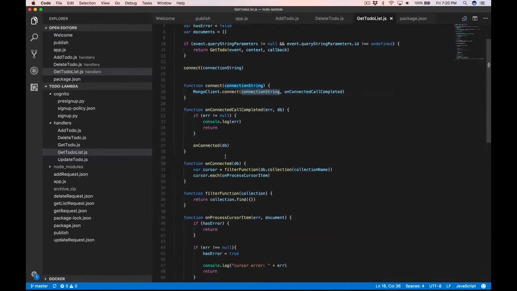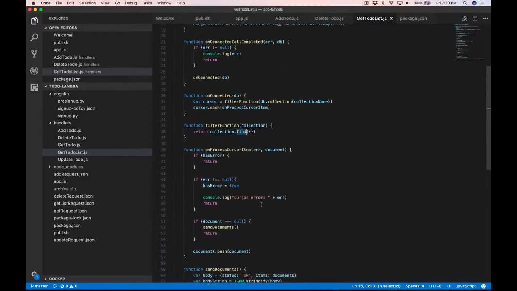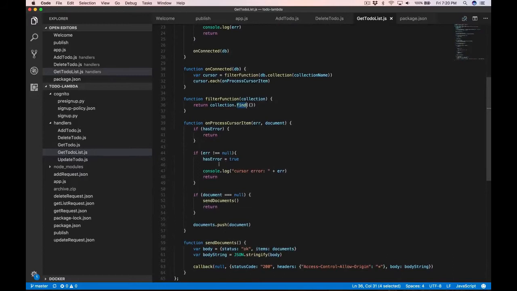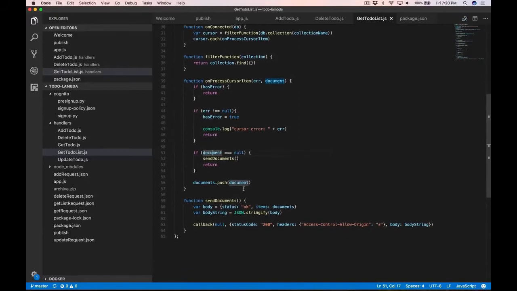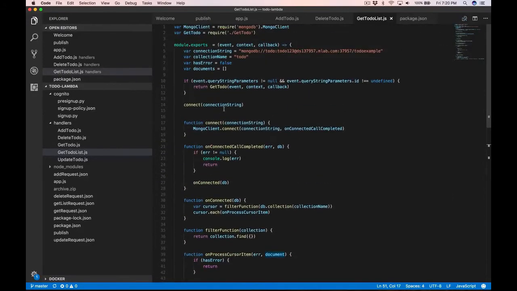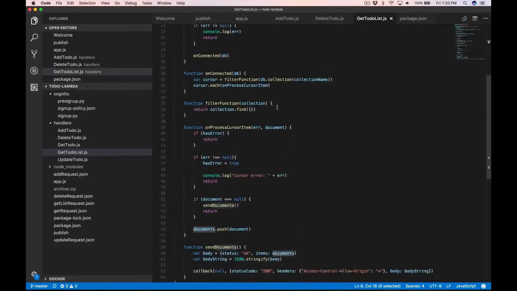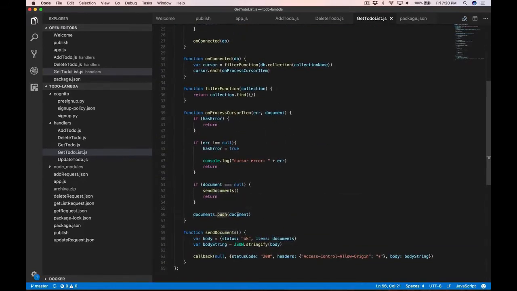When the connection is complete, it's going to go in and create this query, and this is where you could make it user specific, but for now it just returns everything. It processes through each item and adds it to this document collection. Somewhere we define a documents collection there, and then we just push the document to the documents collection. And then this is what's called every time the API or the Mongo library gets